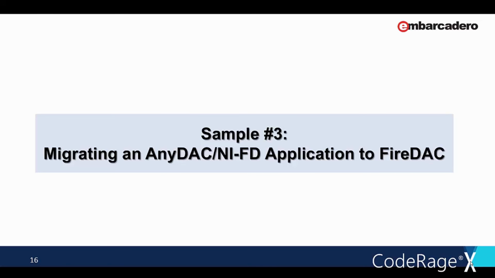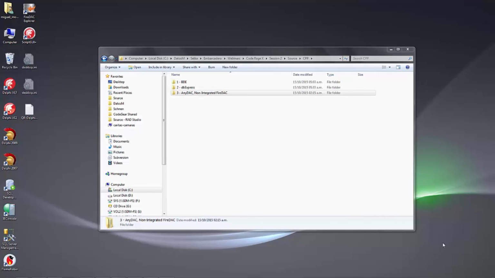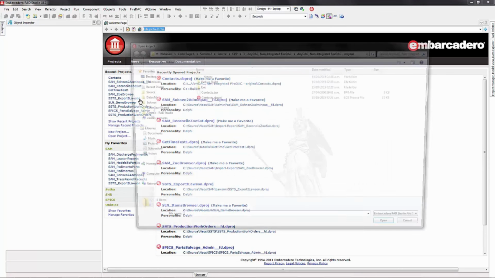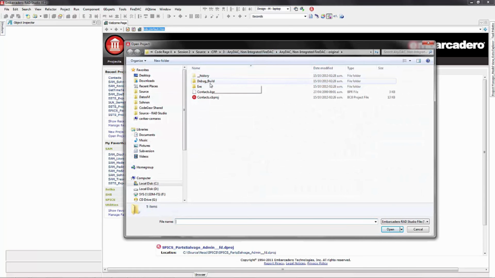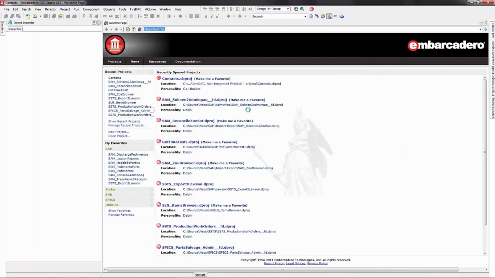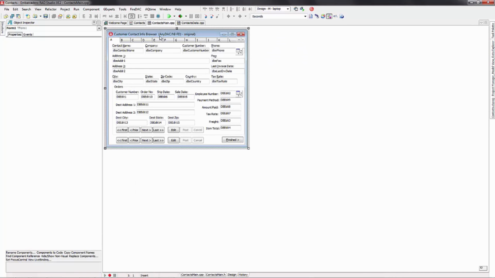And now the last sample code in my presentation, sample number 3, how to migrate an AnyDAC non-integrated FireDAC application to FireDAC. So I'm at the directory of the application that I will convert, the last, AnyDAC and non-integrated FireDAC. I will open up the application, the original one. I must do a cloning. I will show you first the original one. This is the exact same contact browser application using AnyDAC or non-integrated FireDAC